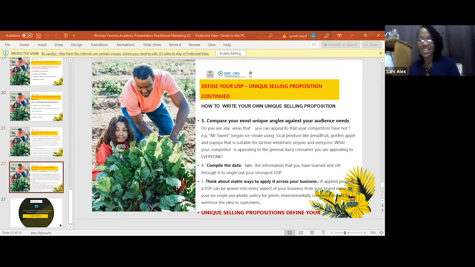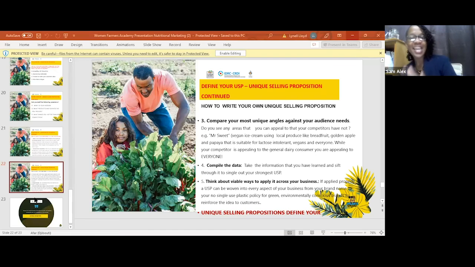So what they've done is that while everybody is appealing to the general traditional ice cream consumer, this is for someone who loves ice cream, although they know it's not necessarily good for them. So this is someone who can decide, hey, I can have guilt-free indulgence. I can now enjoy ice cream, which is less sweet. The ice creams are less sweet as well, and they use a lot of natural fruits to sweeten it. And the ice creams are also lactose-free, no dairy whatsoever.